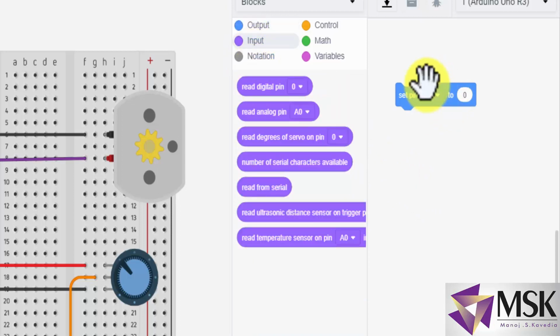Now this pin number 11 should be set to a digital analog read from pin number A0. Now what will happen? More the voltage, more will be the digital value, more will be the speed. Less the voltage, less will be the digital value, and less will be the speed.